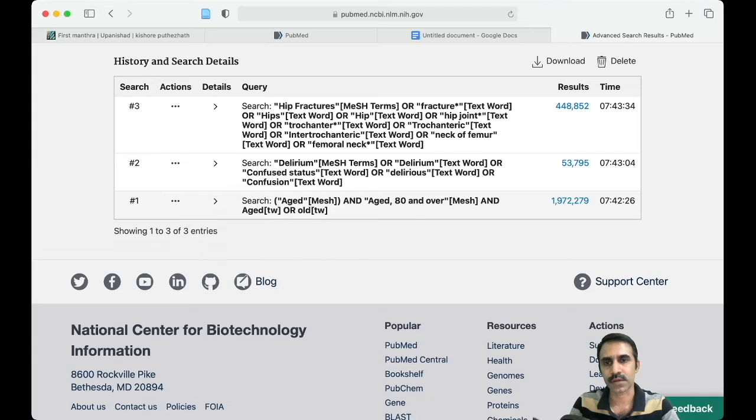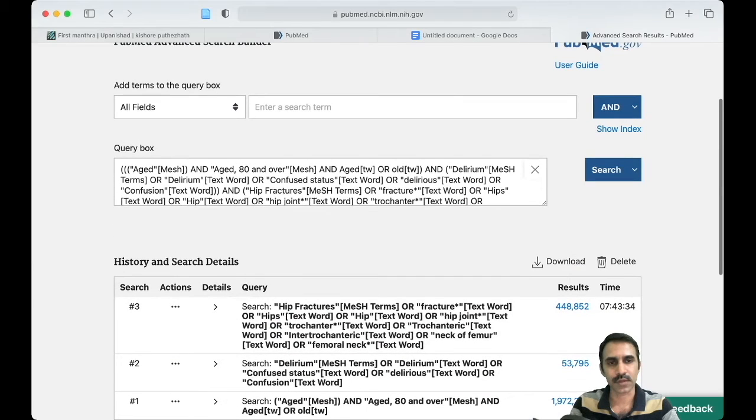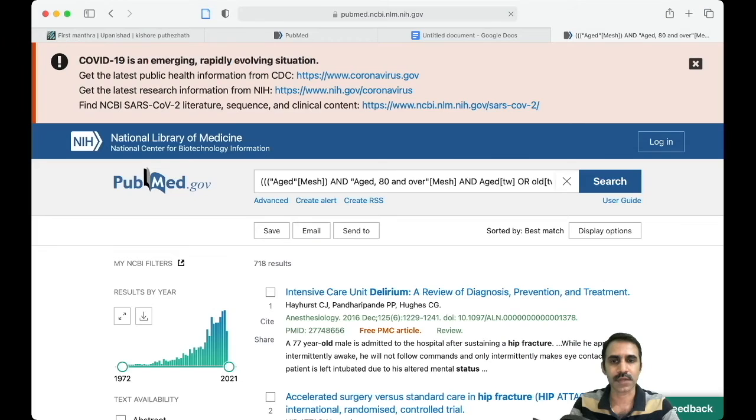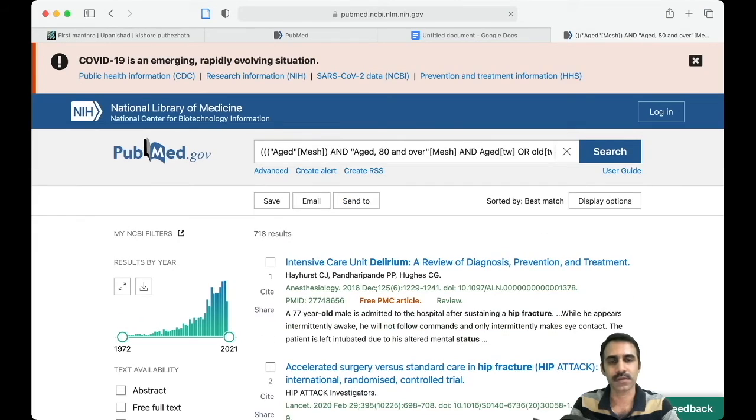Now click on the three dots of the second and add with AND. Now click on the three dots and add with AND. Now we can see that the complete search is being built by PubMed, and it has resulted in 718 articles, which could be highly relevant for delirium.